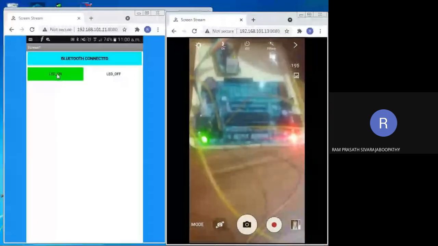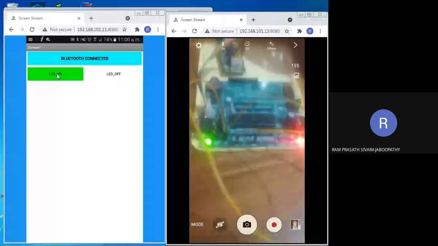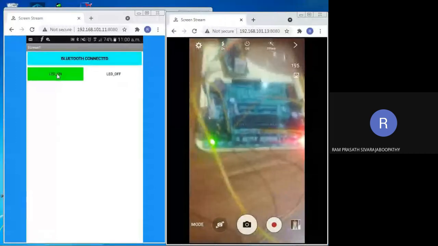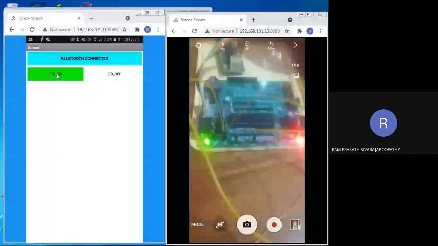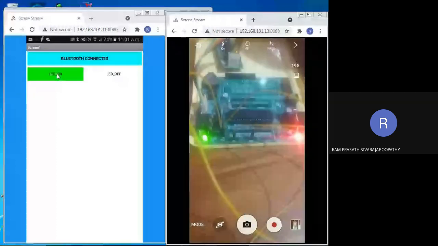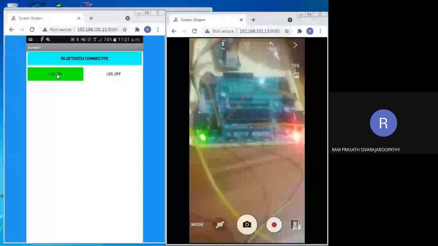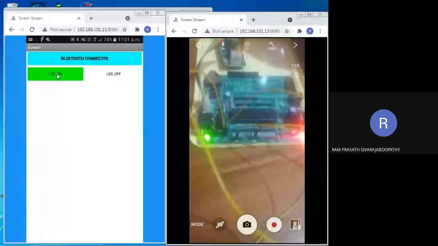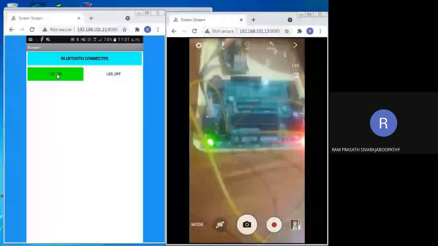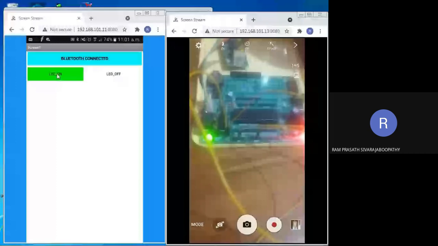If you understand that particular portion, you will be able to realize the importance of any microcontroller. It does not depend upon the hardware configuration. Based on your requirement, you have to choose your particular microcontroller. Yes, it is working very fine.